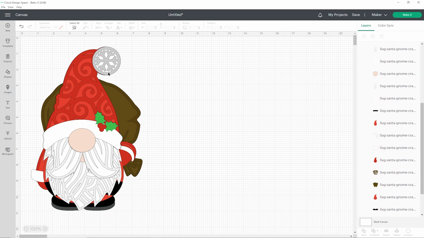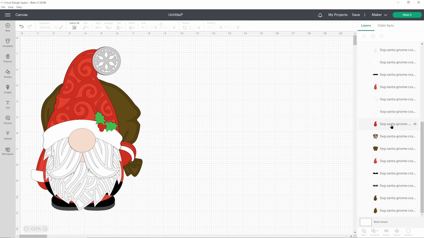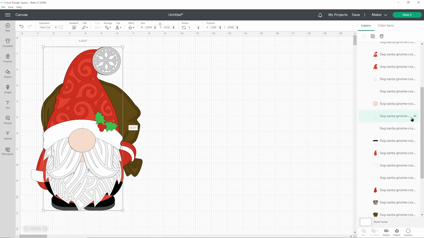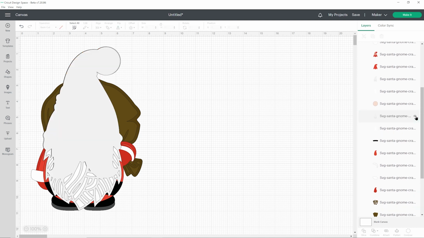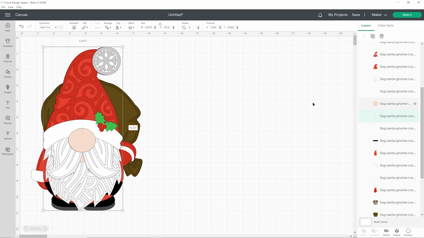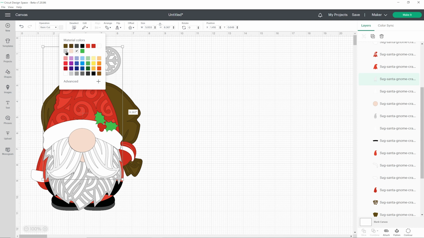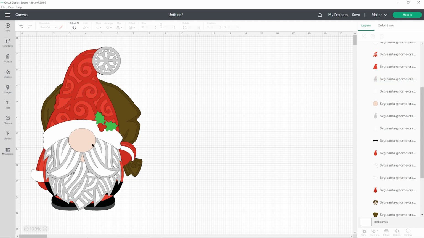I wouldn't actually use a grey this dark though. I want to use just a slight off-white to help show up the details without it appearing too dark. So that's one of them. And if you click the little eye, then that will hide it and show it again, so you know you've got the right one. The second one is that one, and then also his beard, which is here. There we go. So those three would be cut from a slightly darker shade, kind of like an off-white or an ivory, perhaps even a cream or an incredibly pale grey.